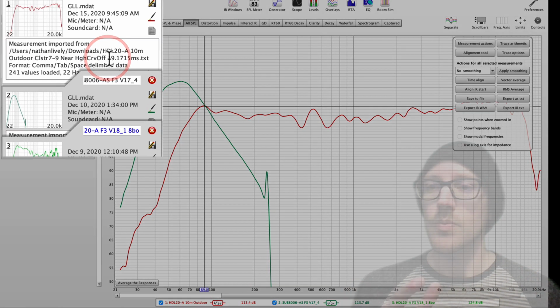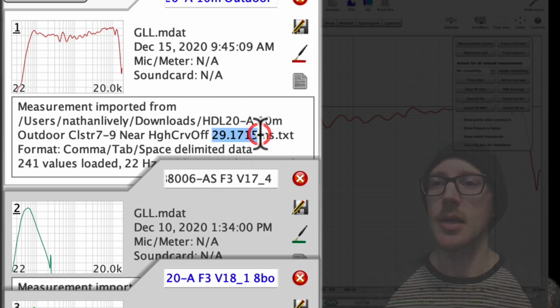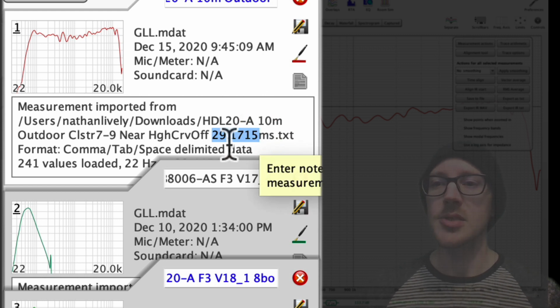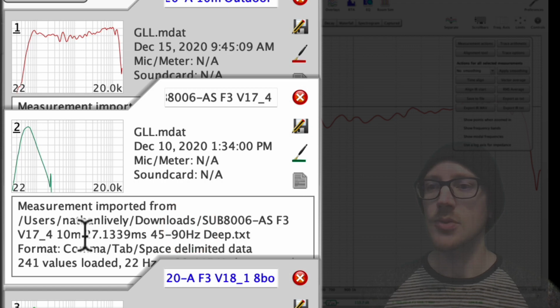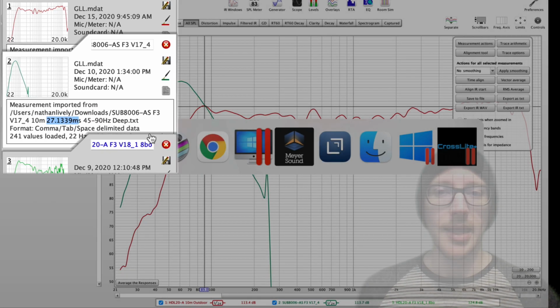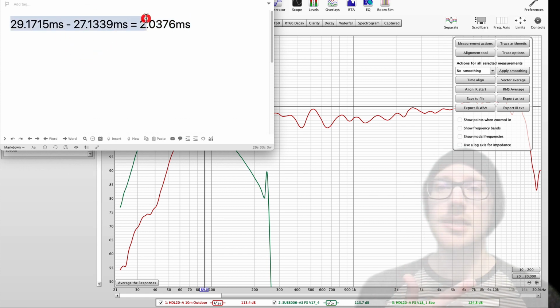And I wrote that value into the file name so I wouldn't forget. And I know the text is really tiny here. You can see this one on my main speaker is 29 milliseconds, and this one on my sub is 27 milliseconds. And I've already put those into a little text document here